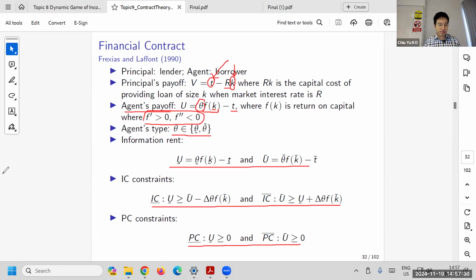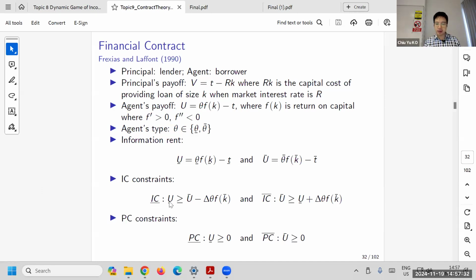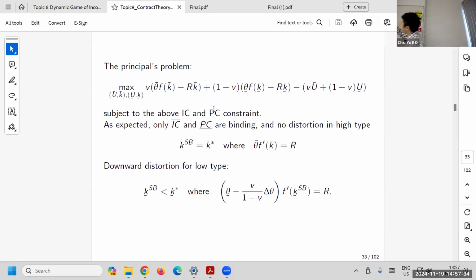Once you do that, it becomes this optimization problem, and the IC constraint for the low type and PC constraint for the high type are no longer relevant, because you will see that only the IC upper bar and PC lower bar are binding. That means that in the best case scenario, the high type will have efficient allocation of capital,